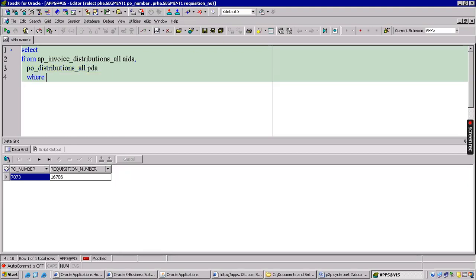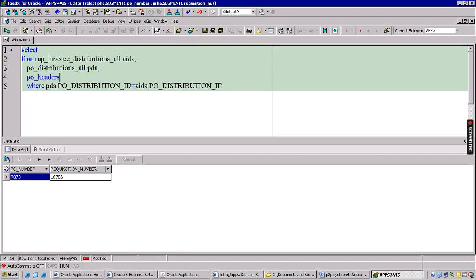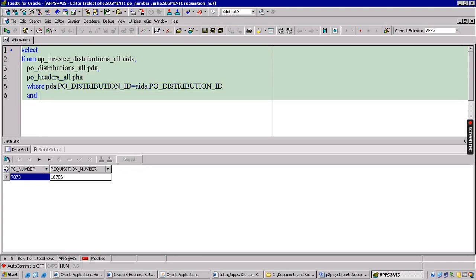Join condition. Primary key. Correct? Primary key, right? Because foreign key, same. And here, the PO number is stored in a table, that is PO. Join condition is the first table's primary key, not this primary key, this table's primary key. Header ID. Right. PO header ID is equivalent to